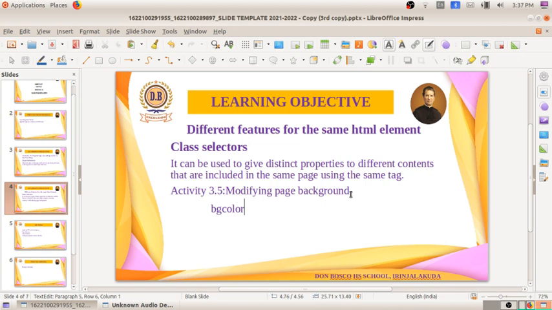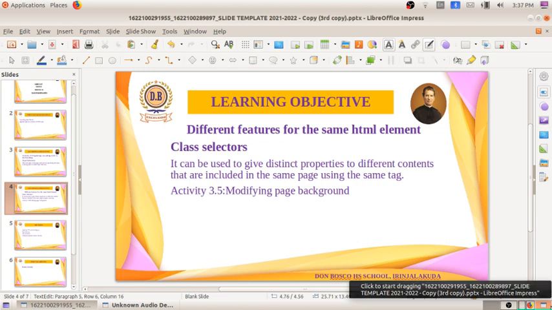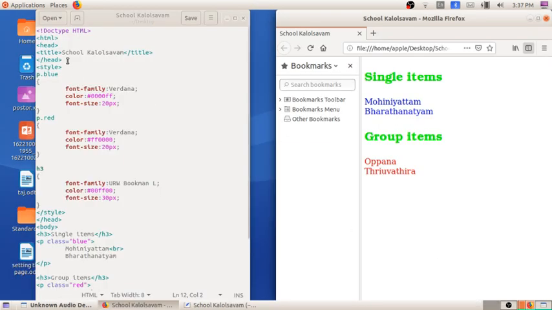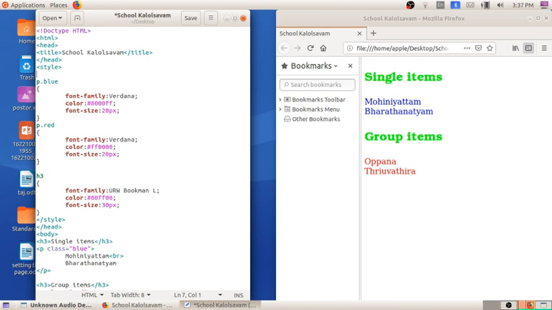So now I will be making the change in code for giving the background color. Again I am taking the code here, and I have to apply the background color for body only. I need the whole body to turn to a different color. So here we can use type selectors only, because we are applying a single color to body only. So under the style I am adding